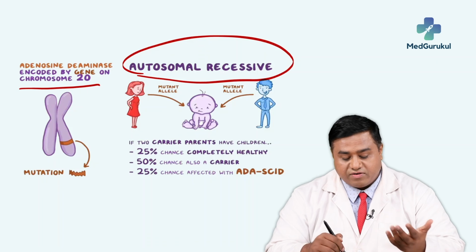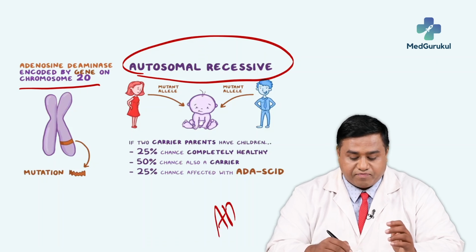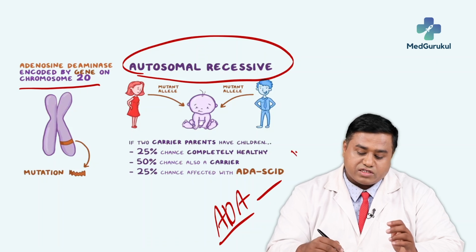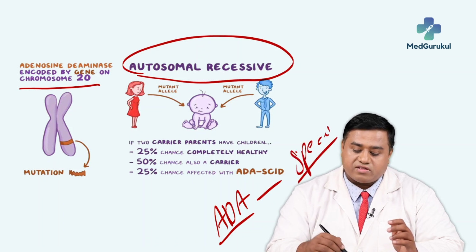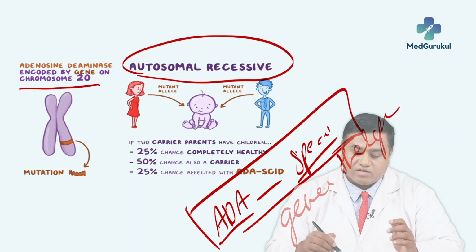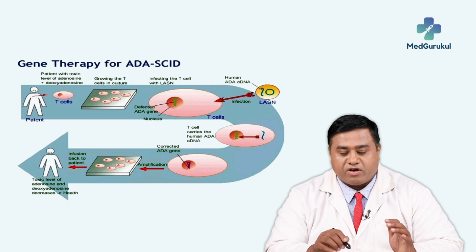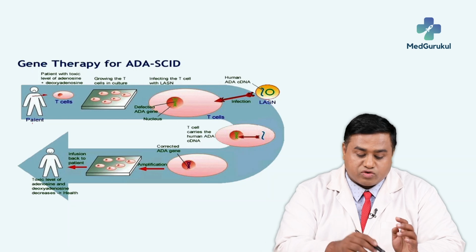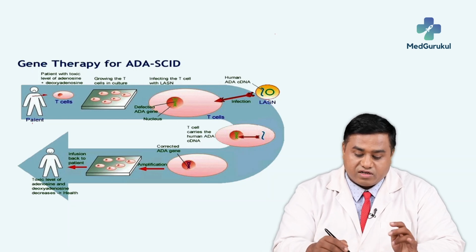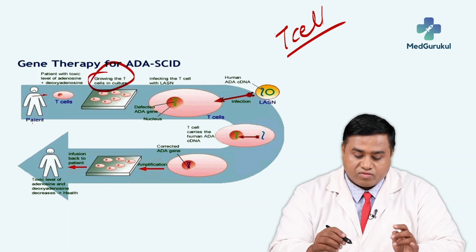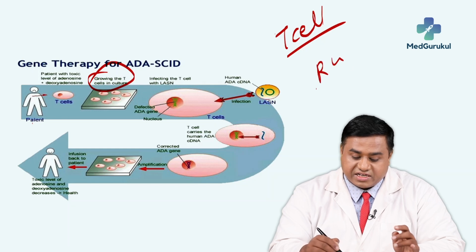How can we deliver such an enzyme into a particular type of cell, a specific type of cell? This is accomplished using gene therapy. So, gene therapy of ADA deficiency is done like this. You collect those cells from the patient, in this case T cells, you grow the T cells, then using restriction enzyme